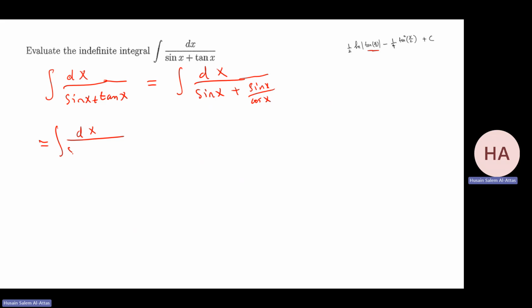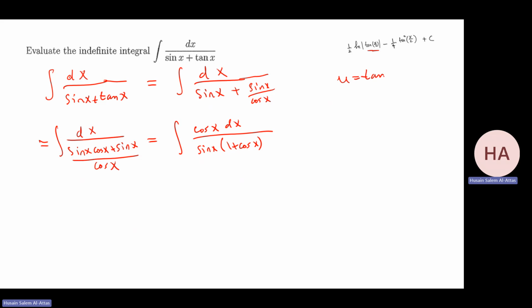dx over sine x cosine x plus sine x over cosine x. That gives me cosine x dx over sine x times (1 plus cosine x). Now I use the substitution u equals tan(x/2). I plug everything in. This is (1 minus u squared) over (1 plus u squared) times 2 du over